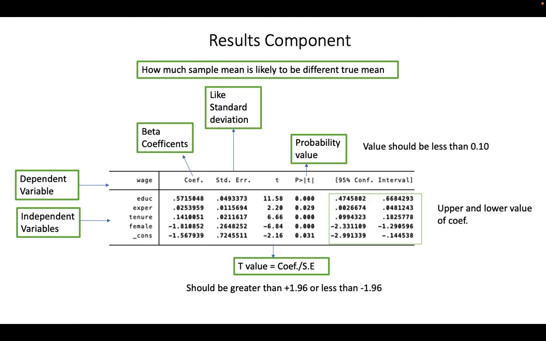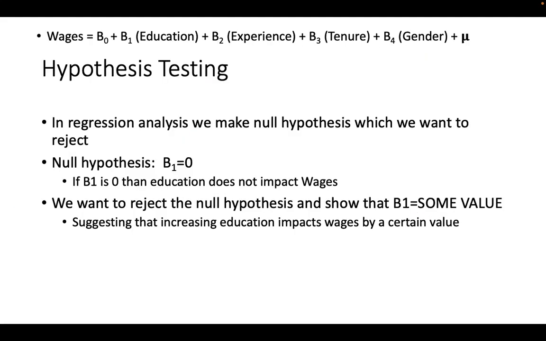So the way to approach this is, hypothesis testing is something you might have covered in your statistical inference course. The way this is done is that you make a null hypothesis, and the point of making a null hypothesis is that you want to reject it. So if you look at this equation where you have beta naught, beta 1, beta 2, beta 3, beta 4 along with some parameters,